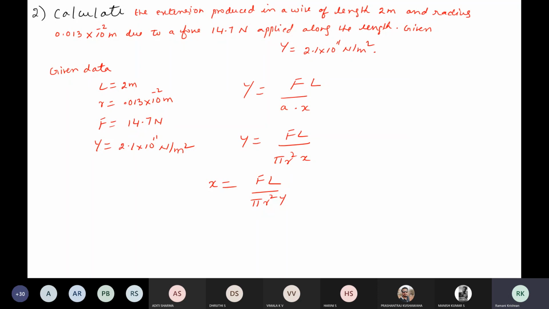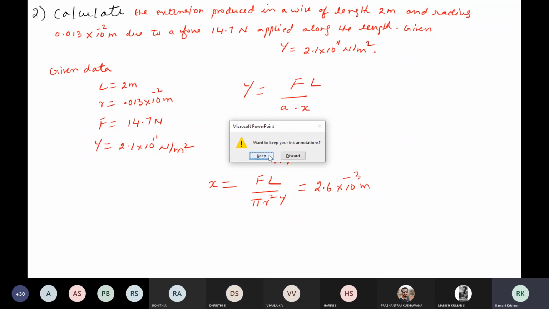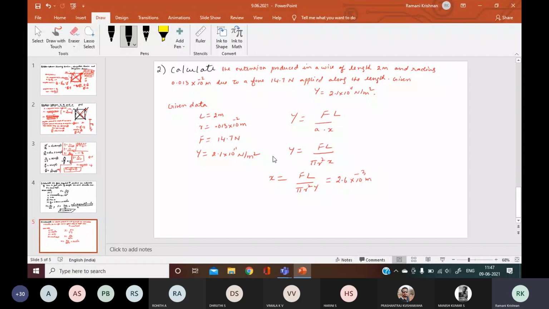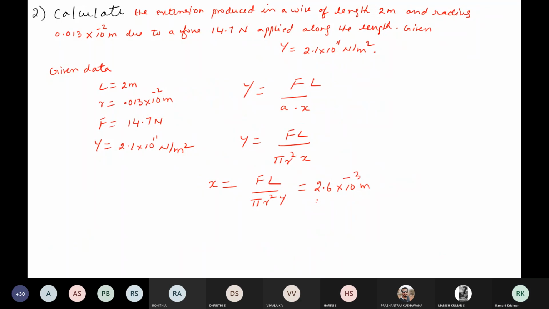Okay. So if no one tells me the answer now, what is the answer? 2.6 into 10 power minus 4 meter. Yeah, 2.6. Who is that? Someone answered, no? Who is that? 2.6 into 10 power minus 3 is correct. Can I write 2.6 into 10 power minus 3 meter? Yes, ma'am. Yeah. So how many are getting it? If you do it in the class, you'll be able to do it in the exam. Otherwise, you'll not be able to. Who was that first boy who said this answer? Okay, so 2.6 into 10 power minus 3 meter is the answer.